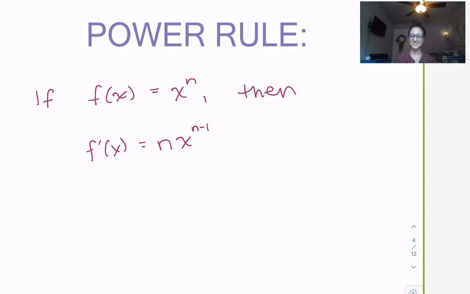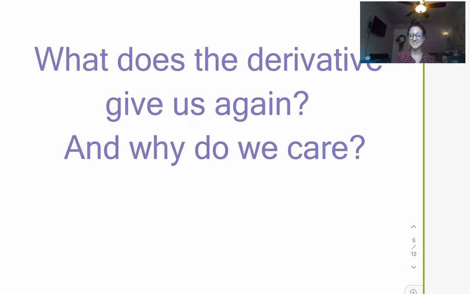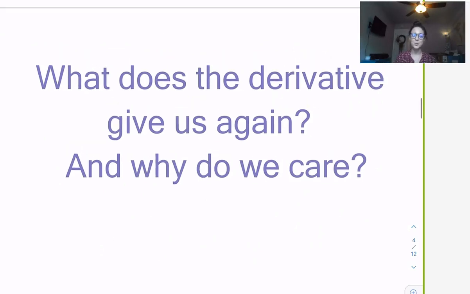All right, make sure you've got that written down. Okay, so before we get going on examples, remind me, what does the derivative give us again, and why do we care so much about the derivative? So the derivative gives us what? Gives us the slope of what line? The tangent line